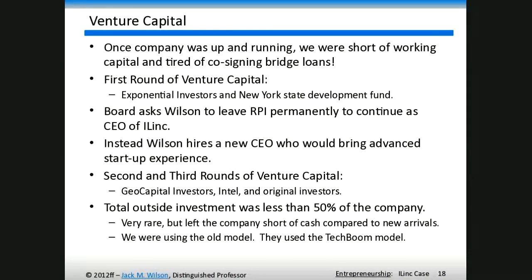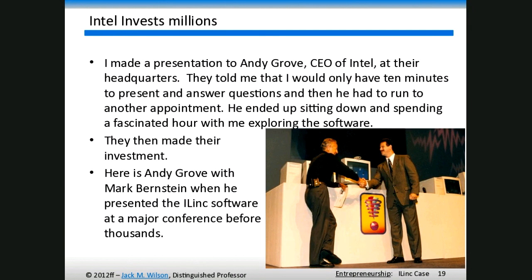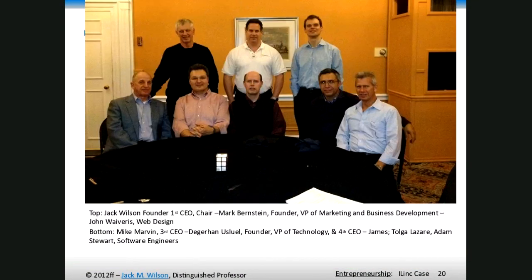But I'll let you read about how it went on from there because I really want to stop this as we're getting to the end of the hour, and I don't like to go on more than an hour. Intel was an investor, which was terrific with us. This is the crew some years later after we developed a little more gray hair. We're not a very good looking group, but I would say that we were probably a better looking group than the Microsoft group, if you look at the picture of that in the last chapter. So, all righty, I'll quit there. Any questions that I can answer before I call it a night?